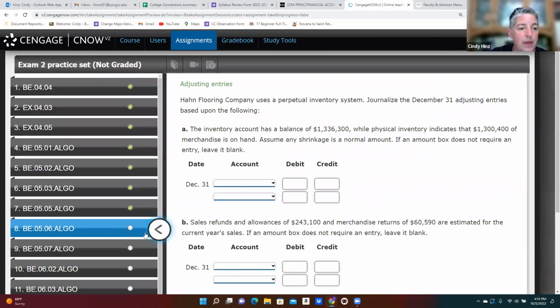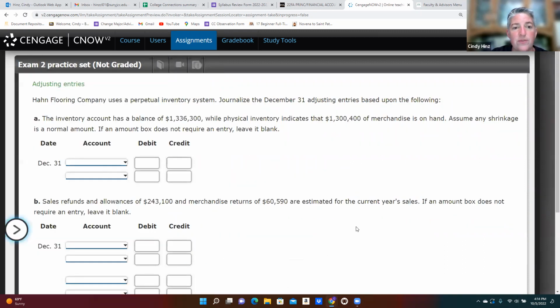So our next exercise, still from exercise 5, is some adjusting entries. And we talked a lot in class about inventory shrinkage and what that would mean, and that every company has to do a physical inventory at the end of the accounting period, and that amount would be audited. And so the auditors would be asking to verify that inventory. So this tells us that the inventory had a balance of $1,336,300,